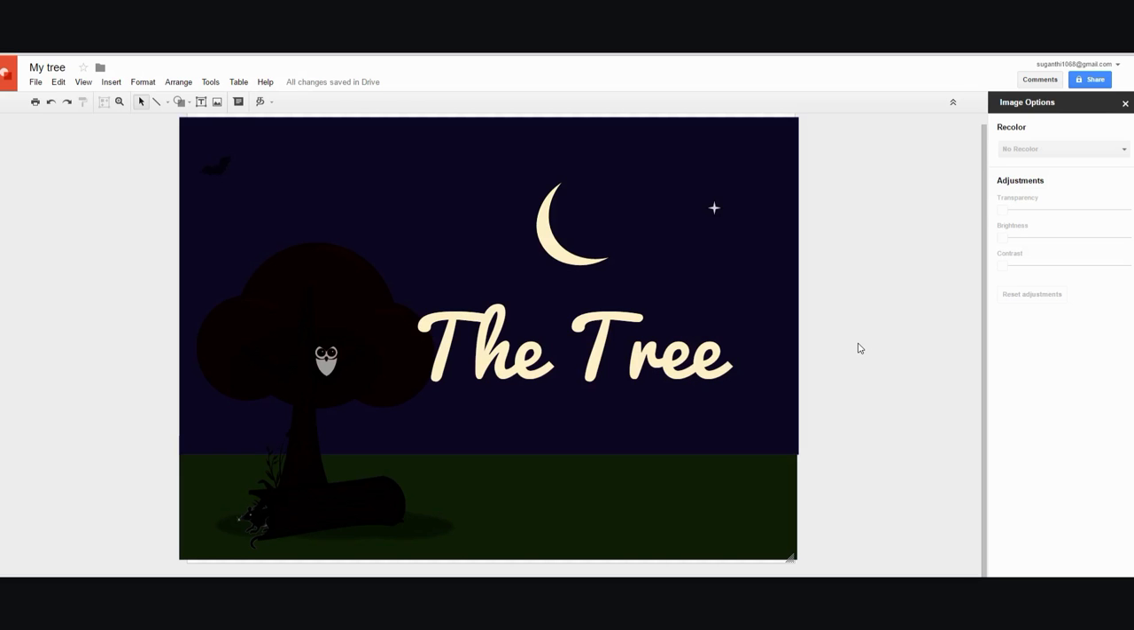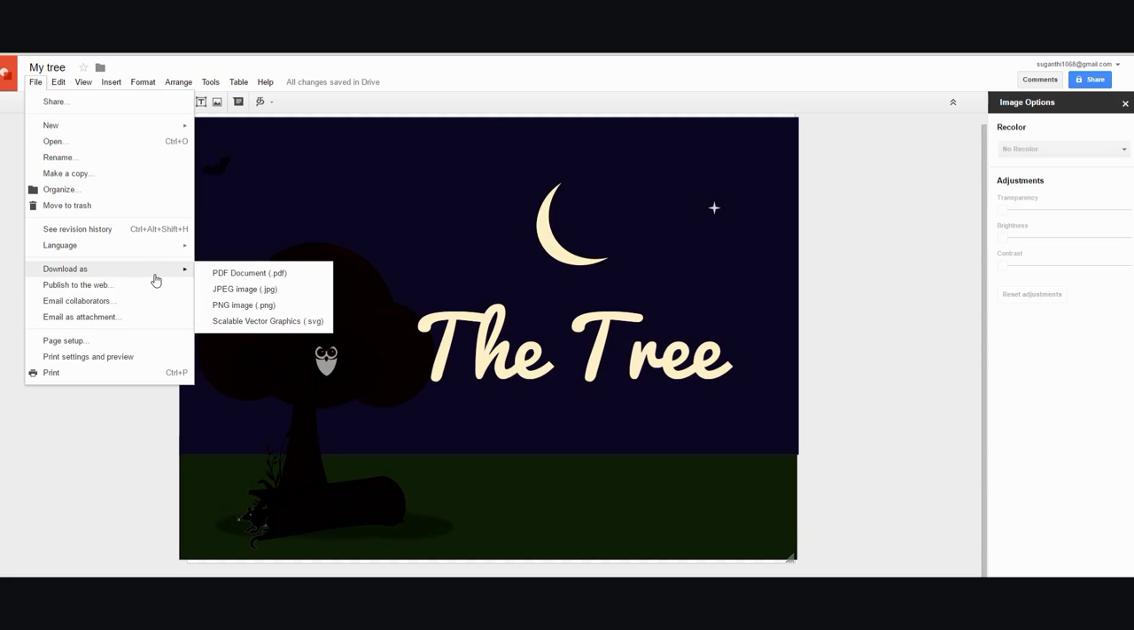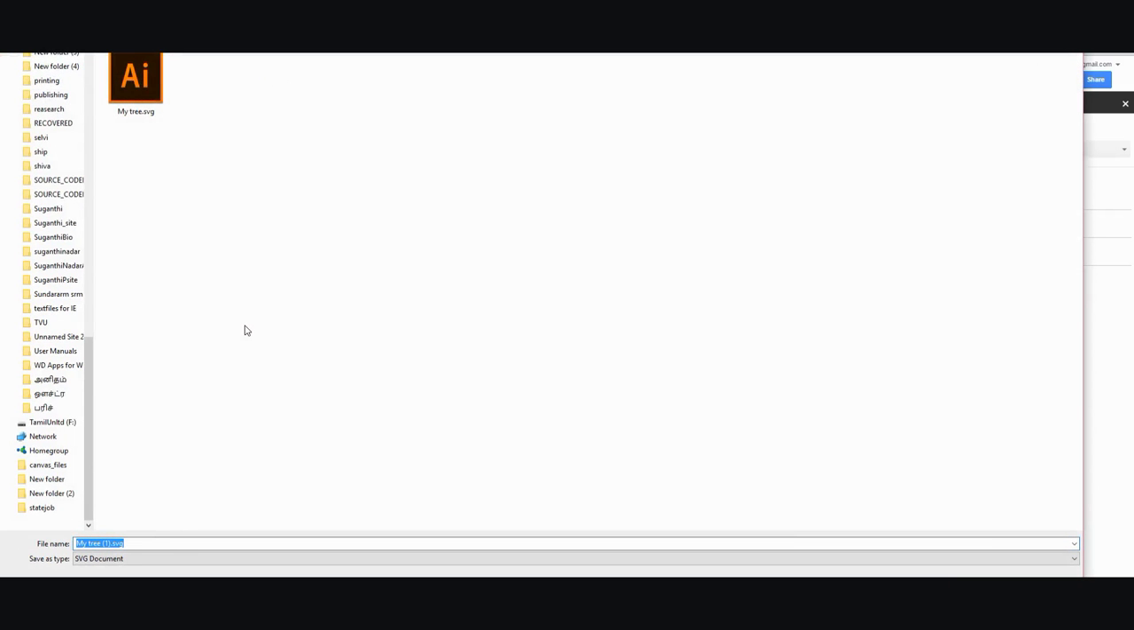Make sure to add your name to your picture. You can say illustrated and written by, but I want to make sure that you know you can save this Google Drawing file as PDF, JPEG, PNG, and scalable vector graphics. Once you save it, it will be saved in the folder you specified through your browser. If you really want to, it will open in Illustrator, which is a vector program, but I am going to